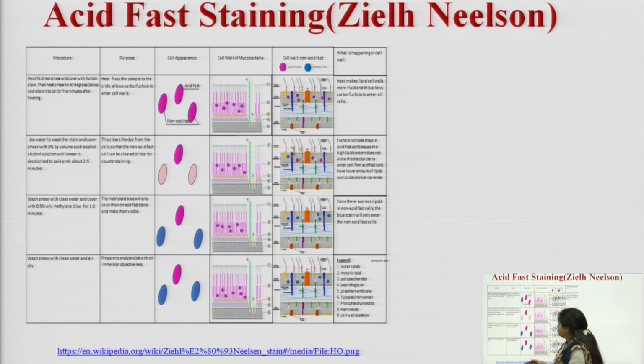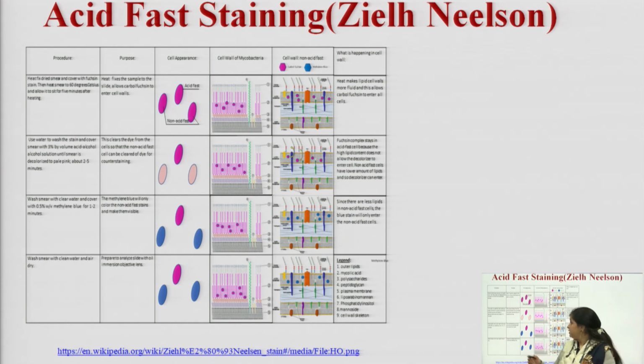So, what you need to do, first, the same procedure will be followed. You have to take the slide and put a drop of the bacterial suspension which you need to analyze, to see whether those bacteria are acid fast or non-acid fast. Take that slide, put the smear of bacteria which you want to analyze. After putting that smear, you have to add the staining reagent.